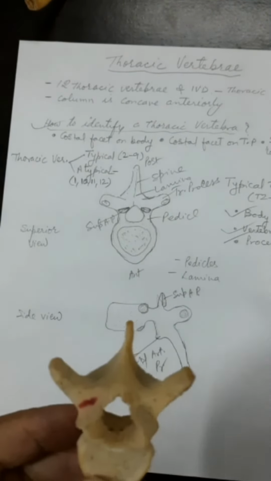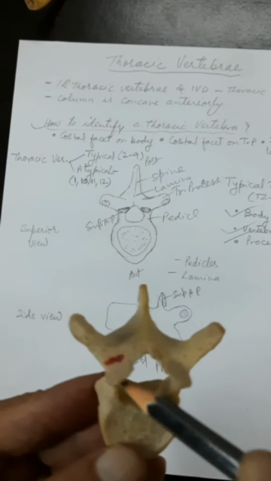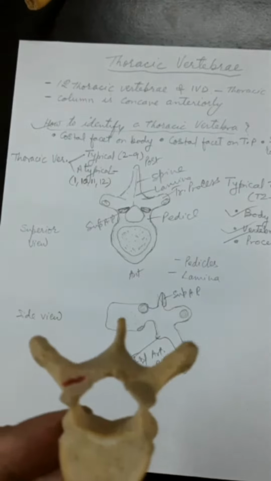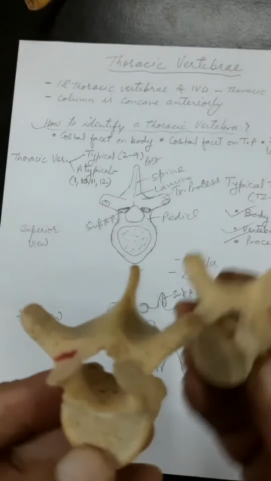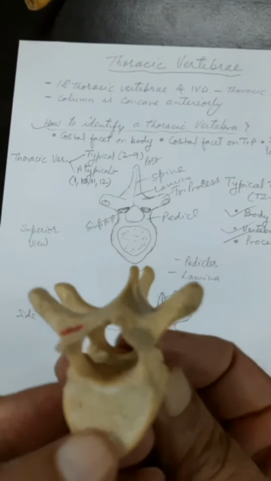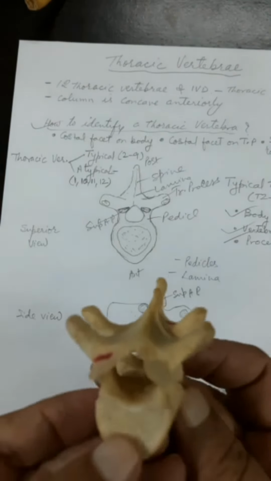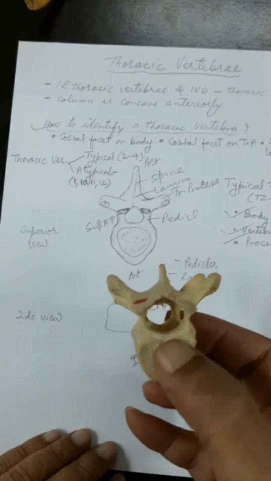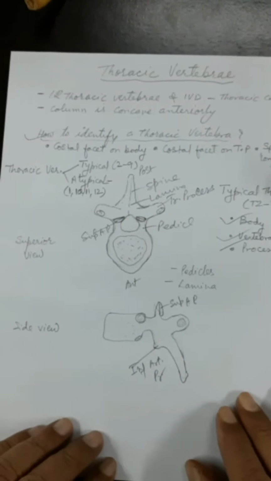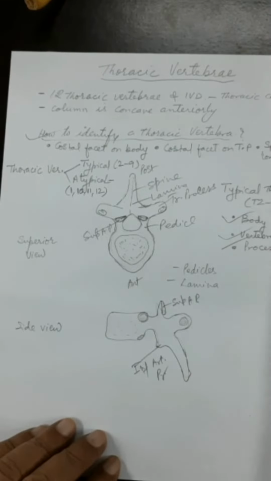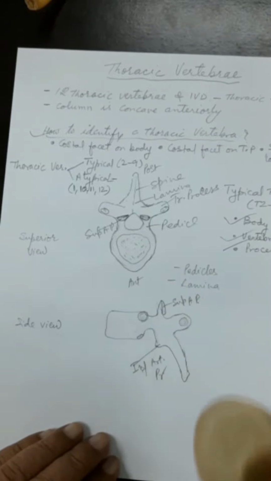This foramen between the body and the neural arch is called the vertebral foramen. When successive vertebrae articulate through the intervertebral disc, this foramen will convert into a vertebral canal through which will pass the spinal cord and 3 meninges: dura, pia, and the covering of the spinal cord, which will be the arachnoid. Now these are the bony features of a typical thoracic vertebra.